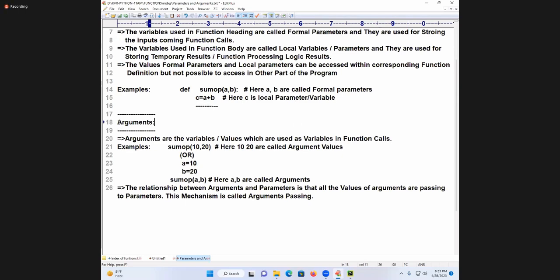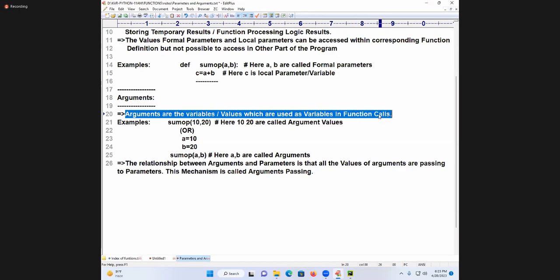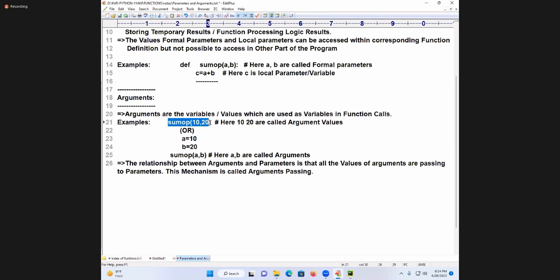Good. Now come to where? Arguments. Arguments are the variables or values which are used as variables in function calls. See, sum(10, 20). Here 10, 20 are called what?